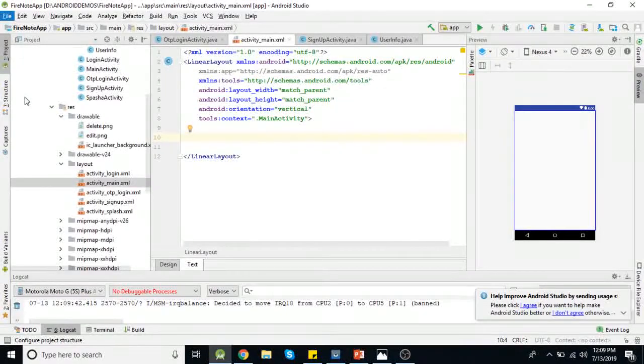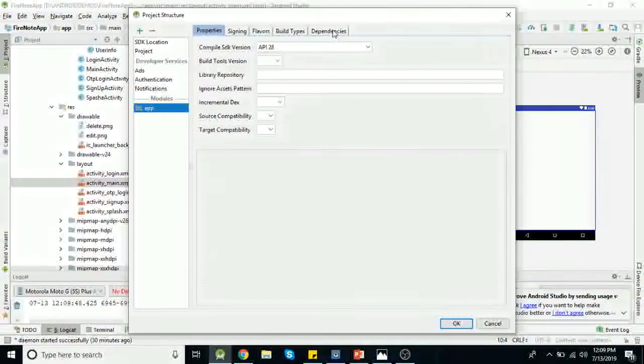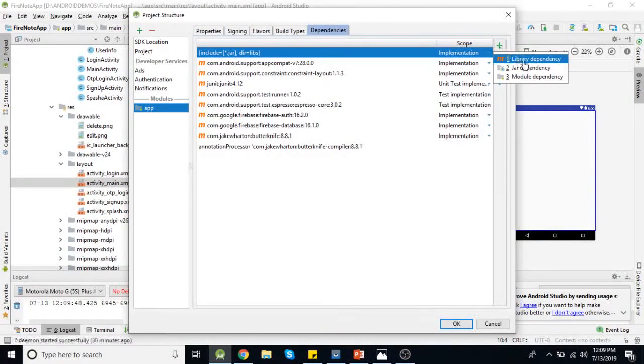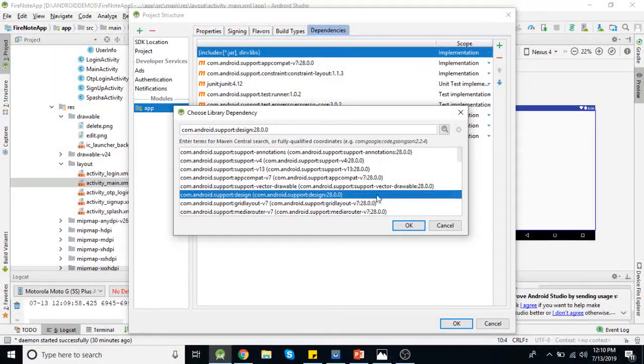File, project structure, then you need to select your module, which is app, then dependencies, add library dependencies. Here we'll need one dependency for designing, so this one.